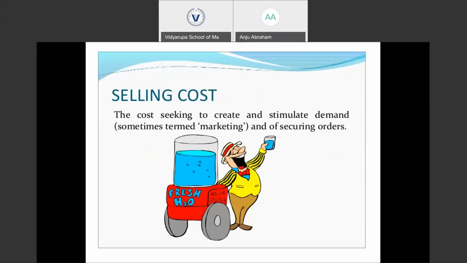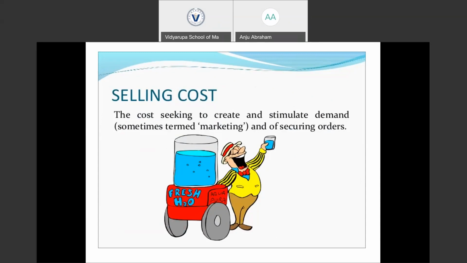Next, we have the selling cost. After converting the product into a finished product, we need to sell it to the customers. This product needs to be provided into the hands of the final consumers. So we need to undertake selling efforts. The selling cost includes the cost of seeking to create and stimulate demand and of securing orders.